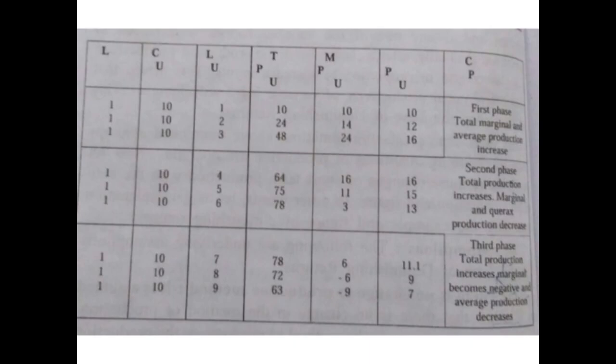Therefore, after the end of the second phase and before the third phase begins, a far-sighted entrepreneur and manager will stop employing more units of variable inputs. So now this is a red signal, and entrepreneurs are aware that we cannot employ more laborers because everything has started decreasing and marginal production has already become zero and is going in a negative direction. So these are the trends through which we can know where we need to stop. So this was the example of short term production.